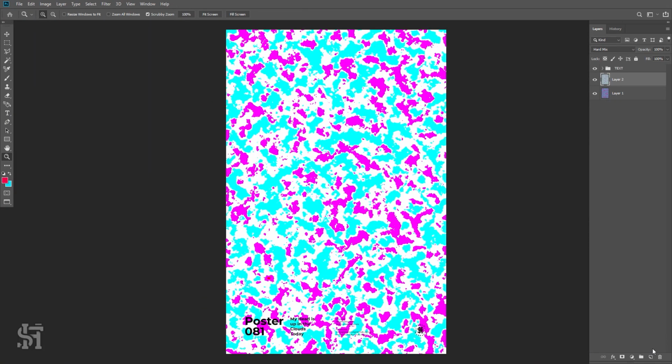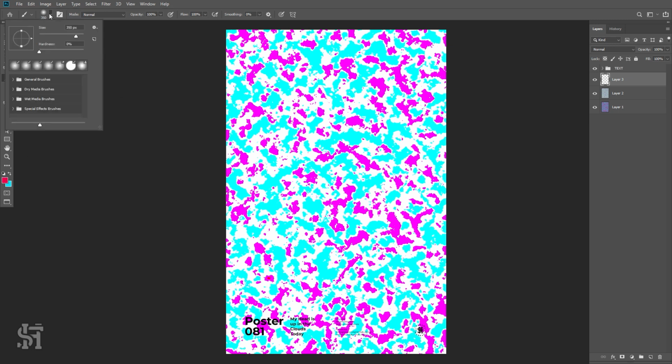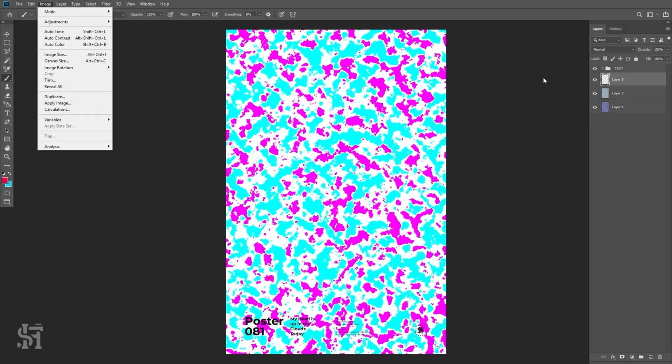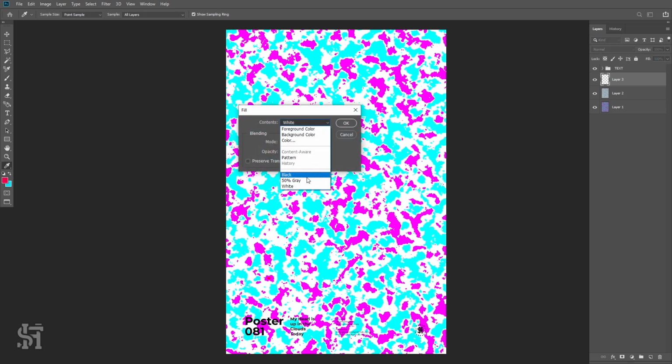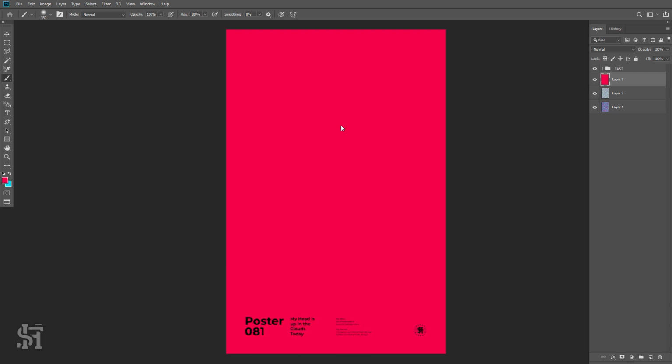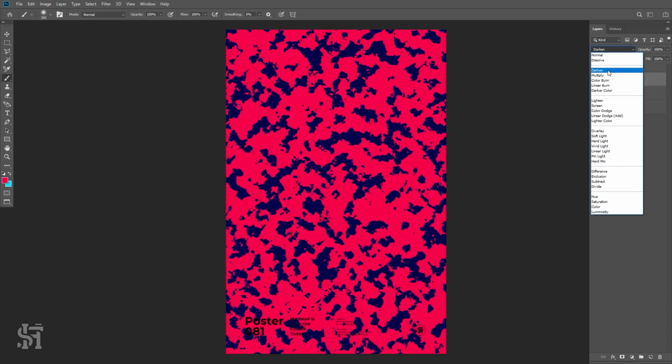So now I'm going to create another layer to give this a better look. I think it's a bit bright. Specifically, I want to tone down the colors. So I'm going to take this magenta and I've got a new layer here. So I'm going to go edit, fill, and I'm going to use the foreground color, my magenta. And now let's play with the blend mode